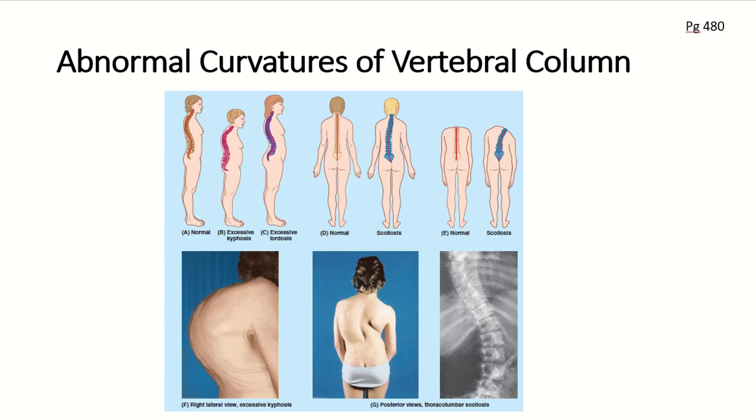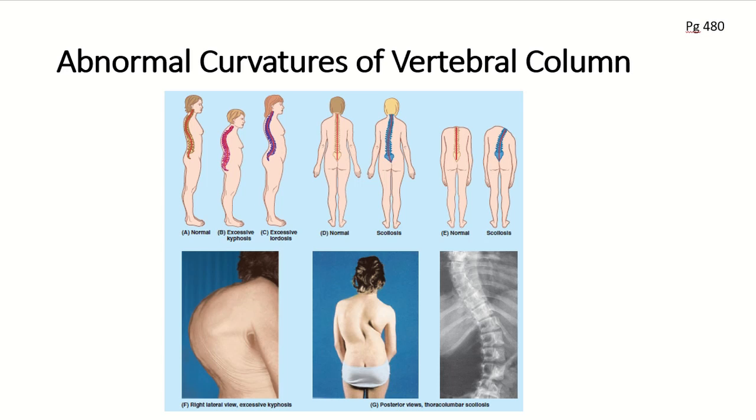So, there are a number of abnormal curvatures in some people that result perhaps from developmental abnormalities, whereas other curvatures result from pathological processes, for example, metabolic disease of the bone that occurs in the elderly or in osteoarthritis. If I show you some of these, for example, we can see the natural curvatures of the spine here, both from the lateral view, from the posterior view, and from the posterior bending view. You can see the normal curvatures here, and also the straightness of the spine as it's moving upwards.